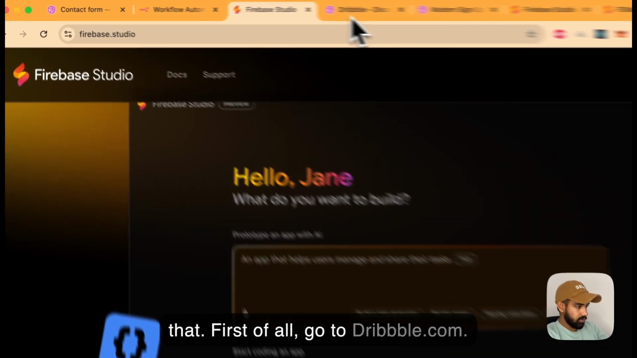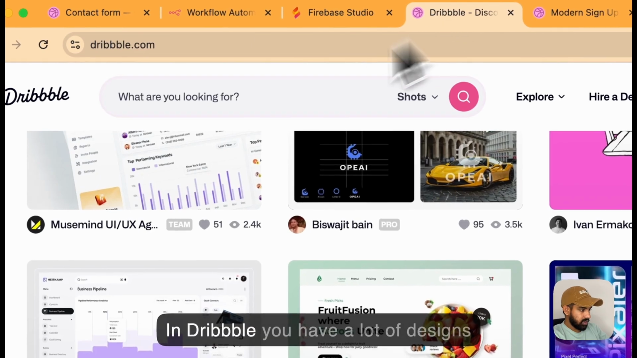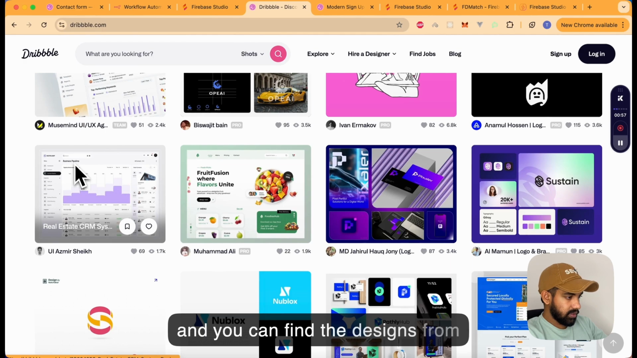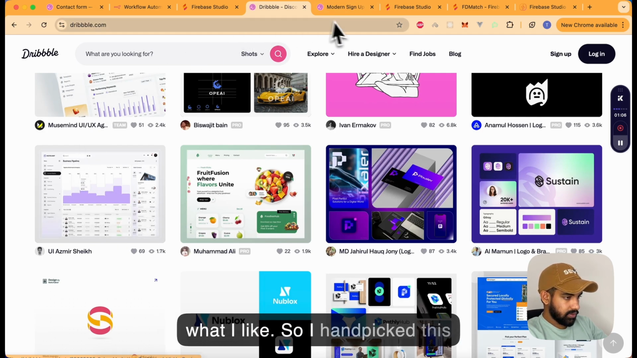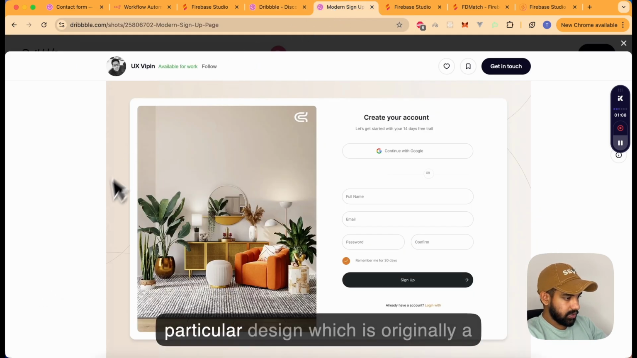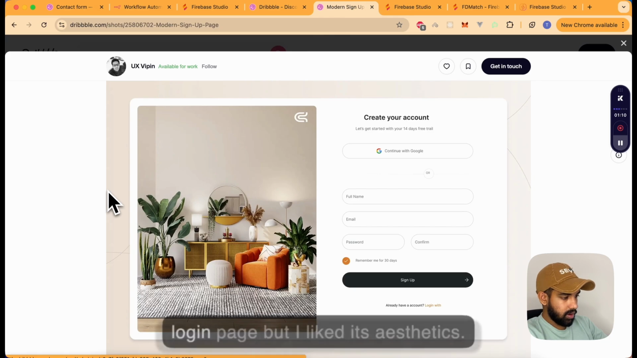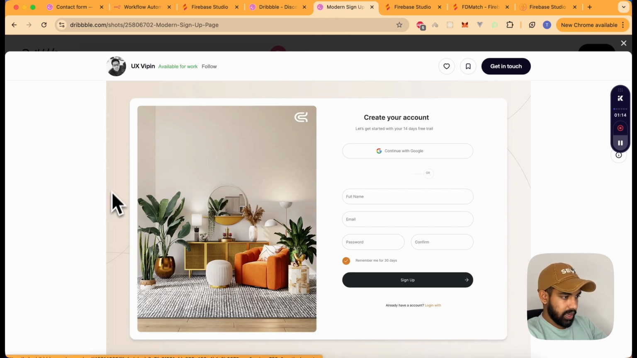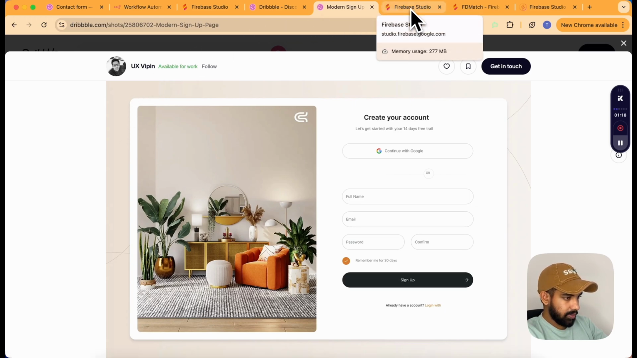First of all, go to dribbble.com. In Dribbble you have a lot of designs and you can find the designs from some of the best designers in the world. You have to take a screenshot of what you like. So I handpicked this particular design, which is originally a login page, but I liked its aesthetics. And once you have taken a screenshot of this, you have to go to